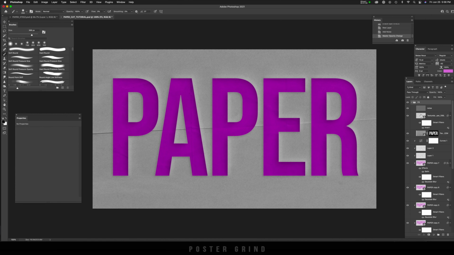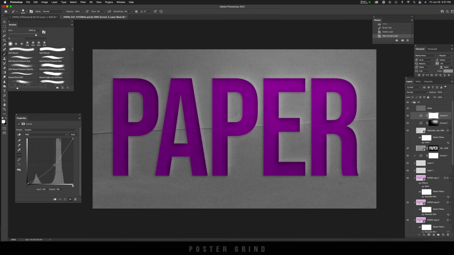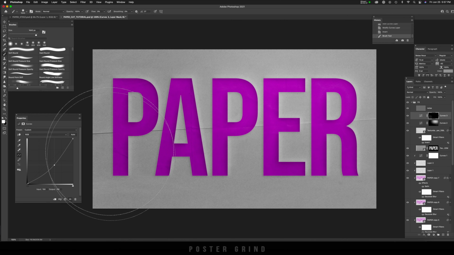And on this effects layer, I might add a little bit of light on the upper right just to emphasize light coming from that direction. So I'm using a curve, increasing the light, Command I on the mask, hitting B for brush, and then I'm just going to paint a little bit of light back in over here. And now I want to do one more curve, so I'm going to adjustment layer, curves, and then on curves I'm just going to drop the light a tad and then hit Command I, and then maybe paint a little bit more darkness on this side